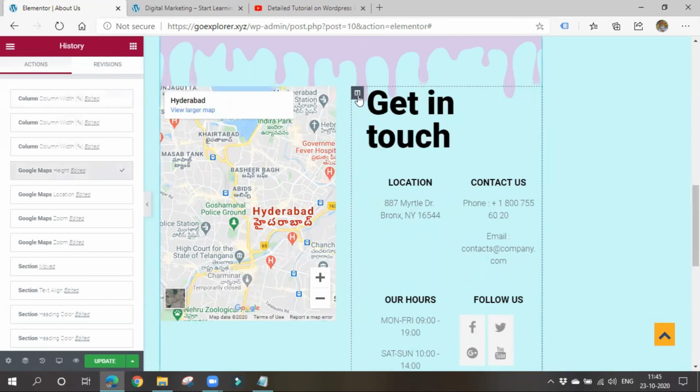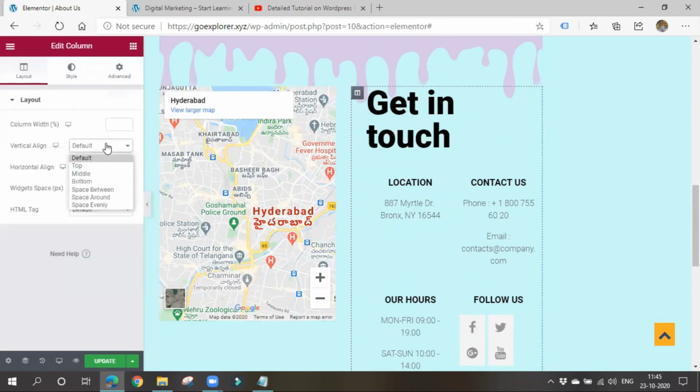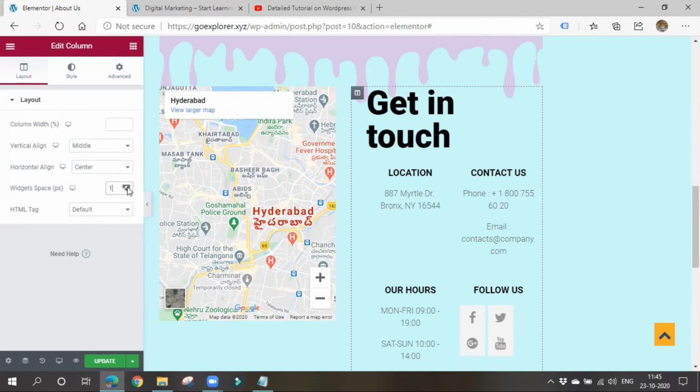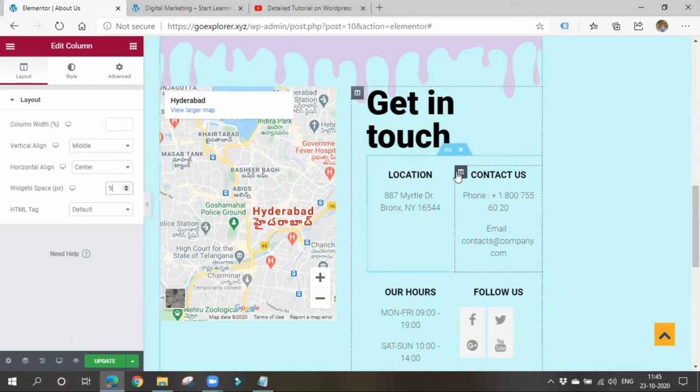Vertical alignment, middle, horizontal alignment, center. You can choose whatever you want. Spacing, I think the spacing within the column is increasing.